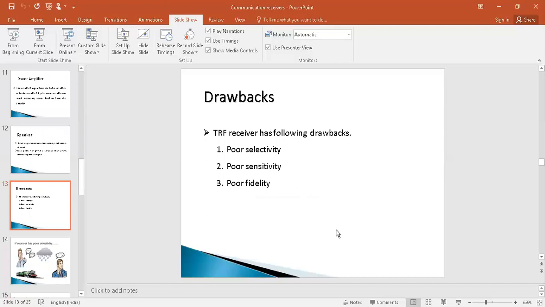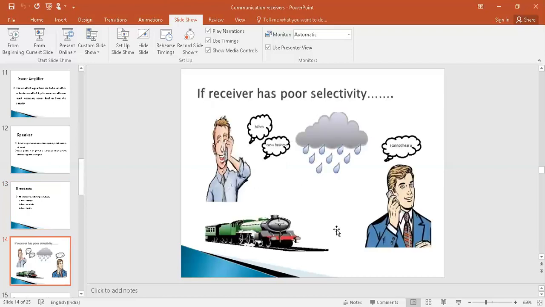So what happens if it has poor selectivity, poor sensitivity, and poor fidelity? Let us look at this picture. If the receiver has poor selectivity, in this example the transmitter has generated a signal that is, "Hi bro, can you hear me?"